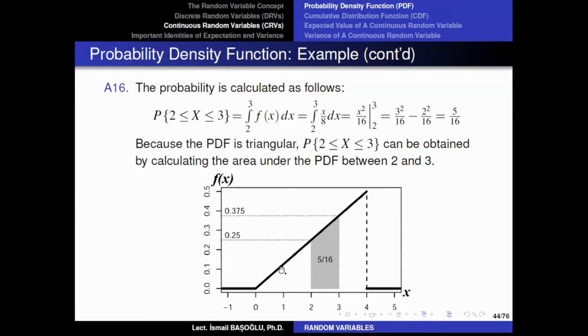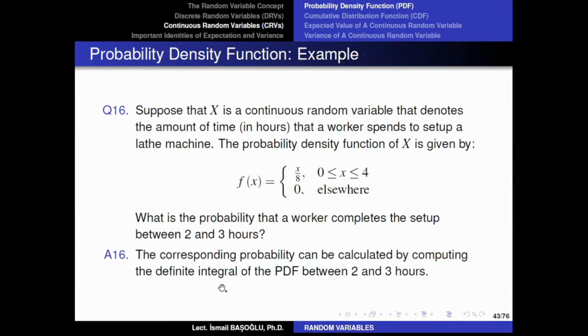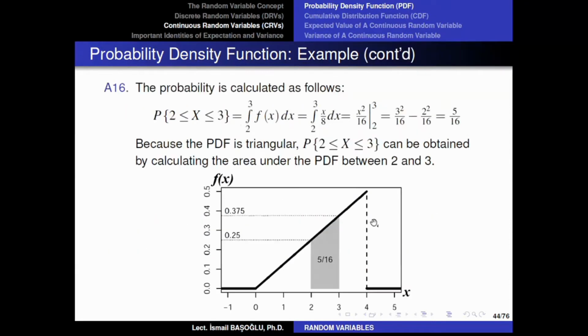Okay? Now, my friends, let us draw this probability density function and see the physical meaning of the calculation that we have done. So the function is a linear function which is x over 8 between 0 and 4. But anywhere else, the function is 0. So this black bold line gives us the probability density function. And the probability that the random variable is between 2 and 3 is the integral of this function between 2 and 3, which is the area of the shaded region. And the shaded region is a trapezoid.